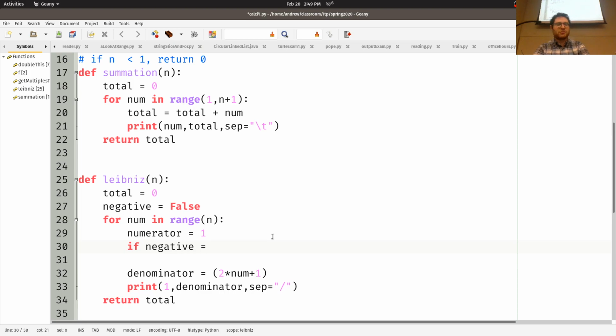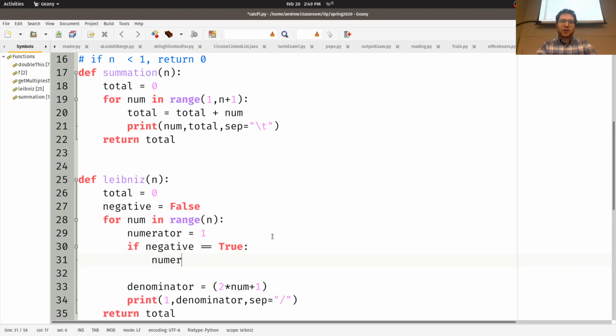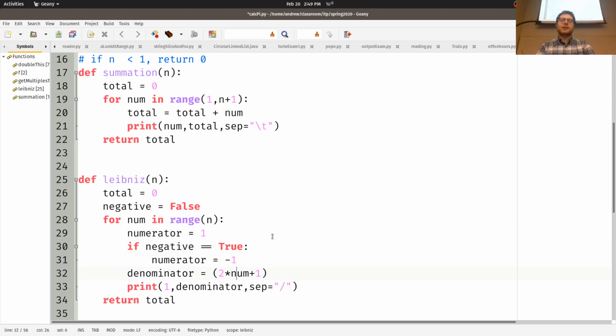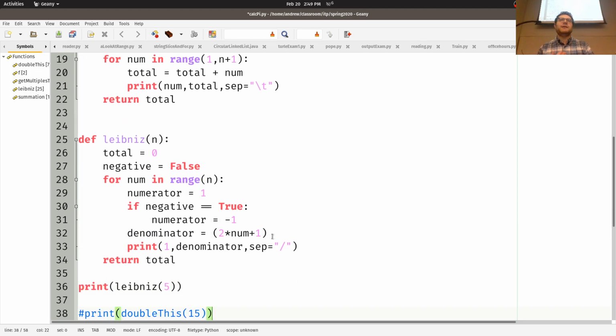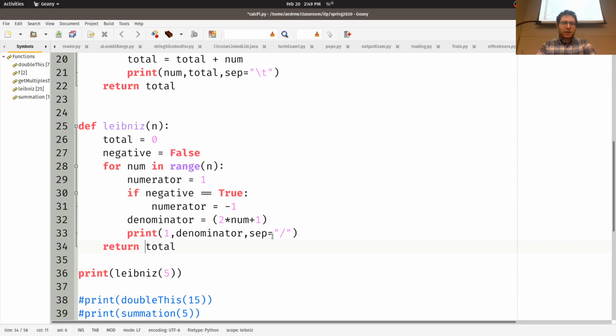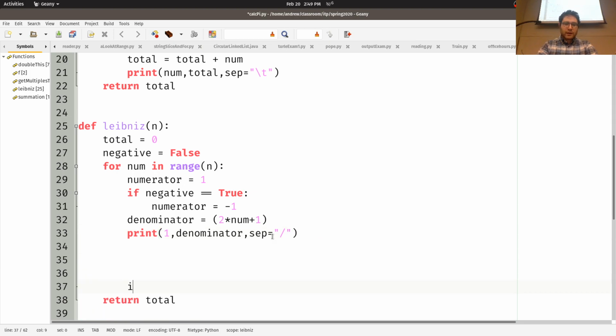is equal to, if negative is true, in other words, if it's time to be negative, we'll just simply say numerator is equal to -1 instead. So we'll set up the numerator to be equal to 1, and if it's time for it to be negative, we'll say the numerator is -1 instead. And then what we're going to do is say if numerator, after we do everything,